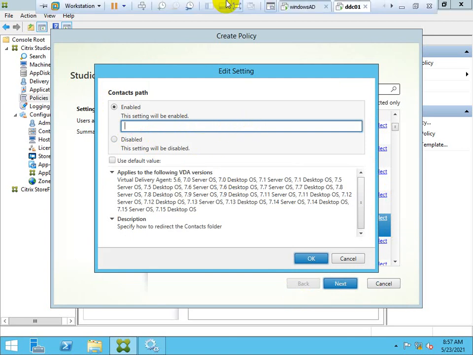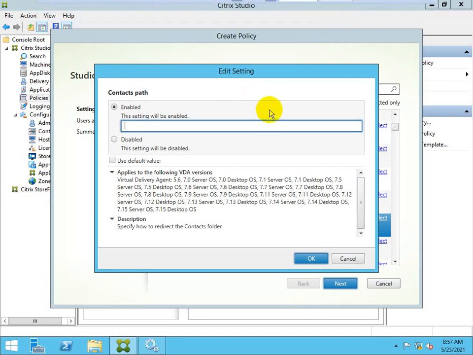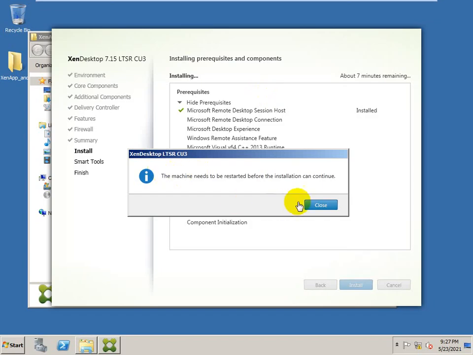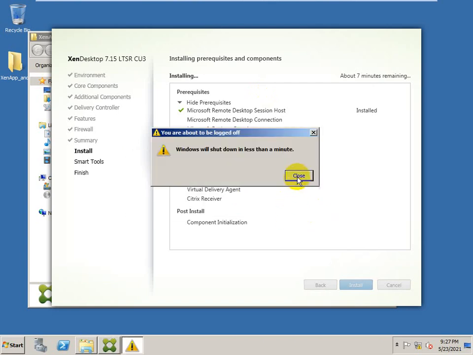So suppose I am going to the path here, so let it be restarted.